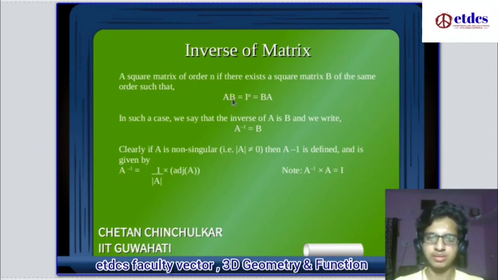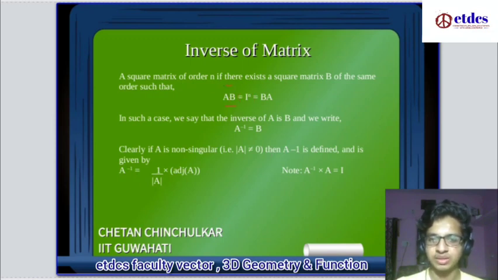If we are given a square matrix A, and we can find a special matrix, we call it the inverse matrix, and represent it as A inverse, which is A to the power minus 1. So if we get a special matrix, let us call it B, and its matrix multiplication turns out to be the identity matrix.